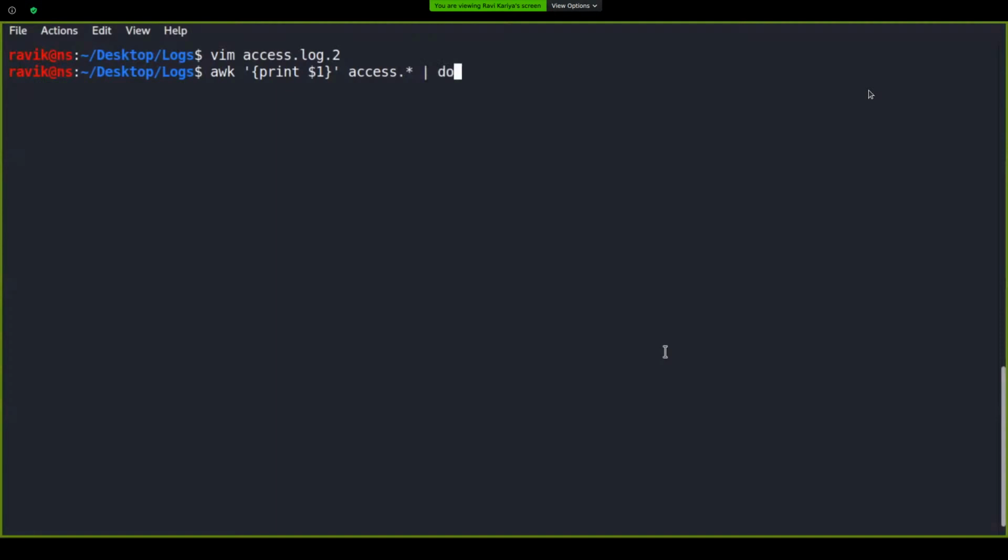Then we'll sort it, and we'll also check the unique count of that data, and sort it again by the number of visits, with the numerical details of how many times that particular IP address has visited my web application. Let's wait for the result.